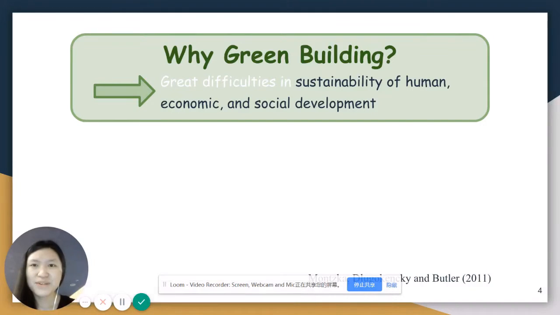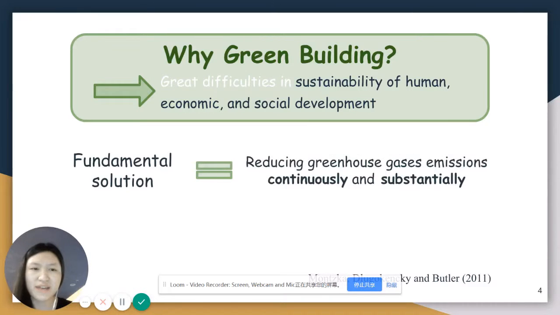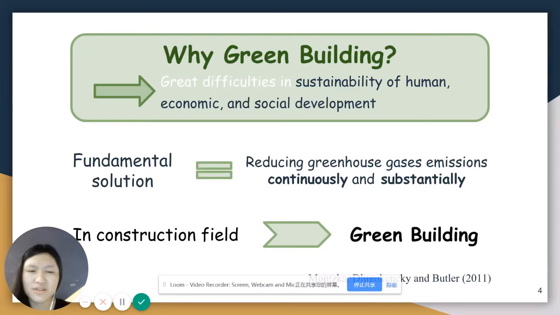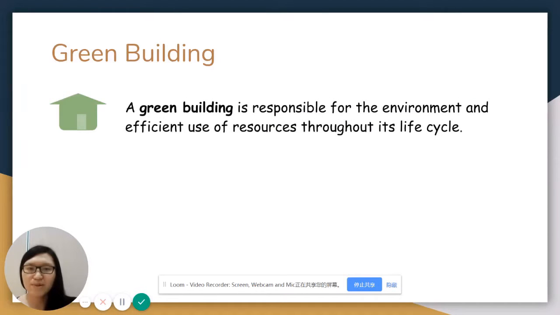So why is green building so important to human beings? It is because of great difficulties in the sustainability of human, economic, and social development. And the fundamental solution is to reduce greenhouse gas emissions continuously and substantially. And in the construction field, it is to construct green buildings. Basically, a green building is a building that is responsible for the environment and efficient use of resources